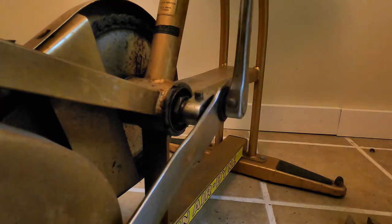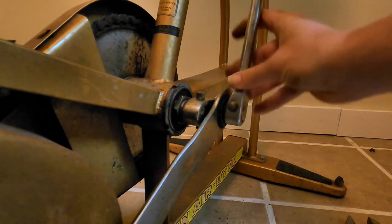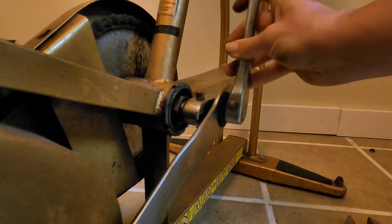You see, that's the problem. So it's not the pedal that's loose. Like this would be if the pedal was loose. Well, that's not giving it all. Where that play is coming from